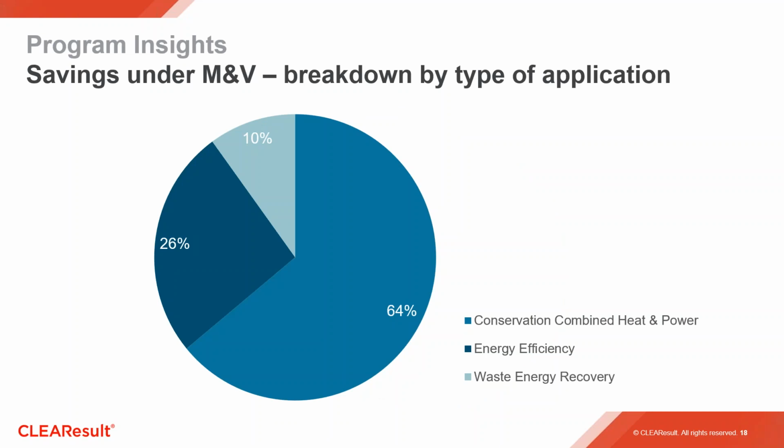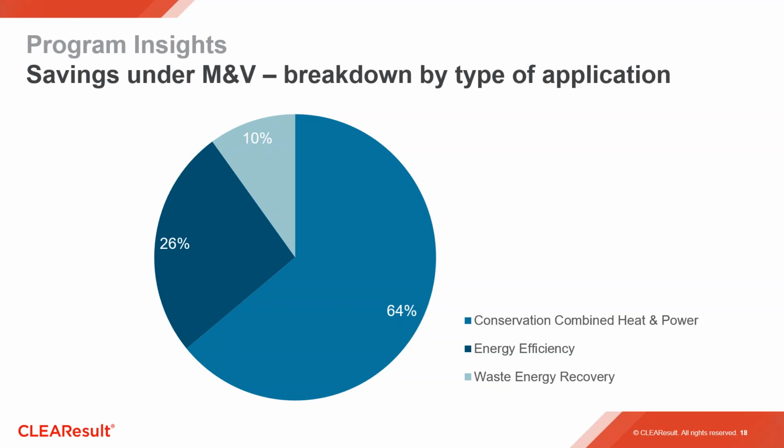It is also interesting to look at the technology makeup of these ECMs. Behind the meter generation projects, or BMG projects, which include natural gas fueled CHP and waste energy recovery, make up most of the savings. In Ontario, the CHP program was very well received across a wide range of industries, from multi-residential and government, such as hospitals and universities, to manufacturing and automotive facilities.